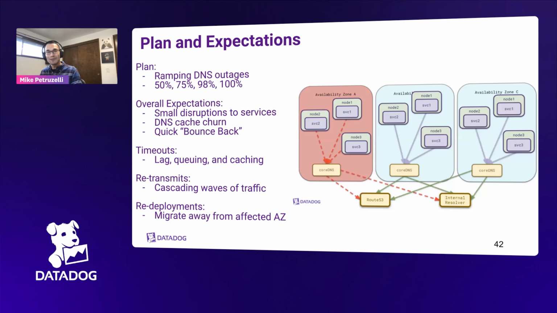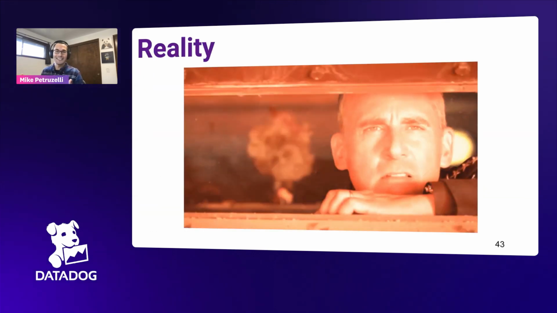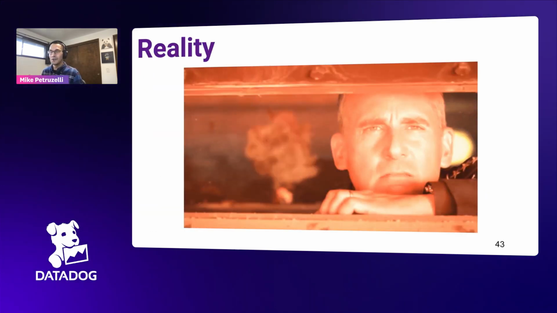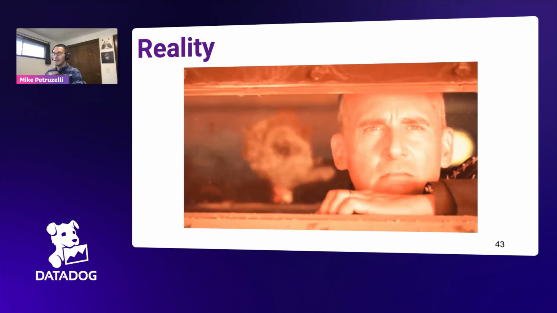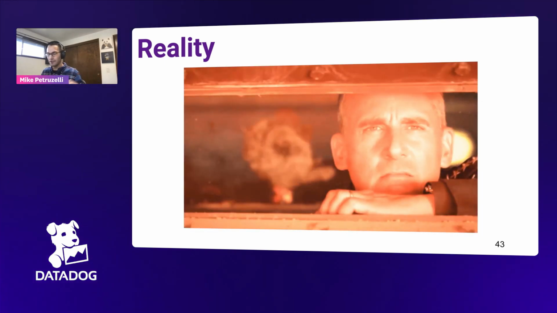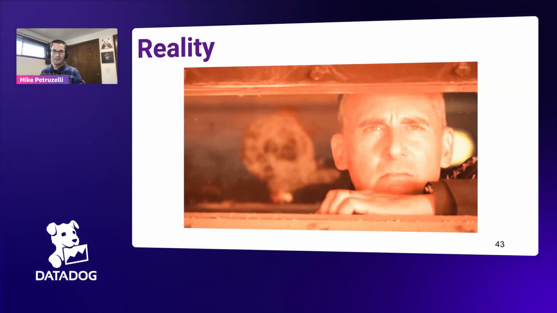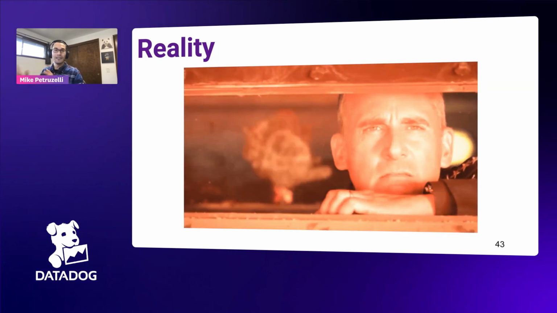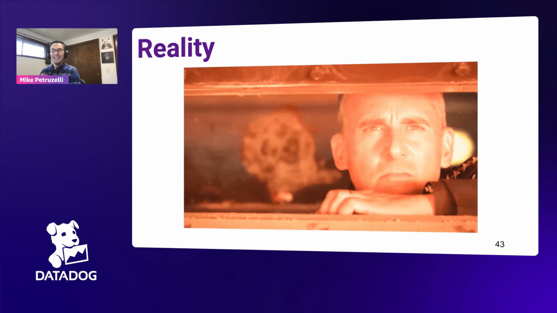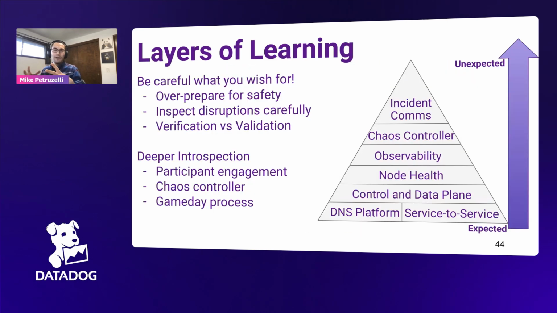We got to 98%, and this is where reality starts to set in. You might call this a rapid unplanned disassembly. Essentially, we had a couple of issues with our controller. This is a very old version of the controller that left these disruptions in place and wouldn't allow us to clean up automatically. So there's a lot of pain and suffering, but after that, we don't give up.